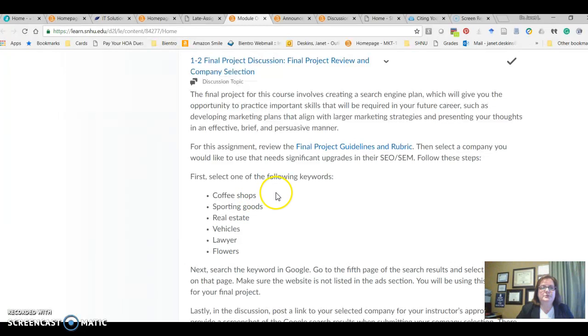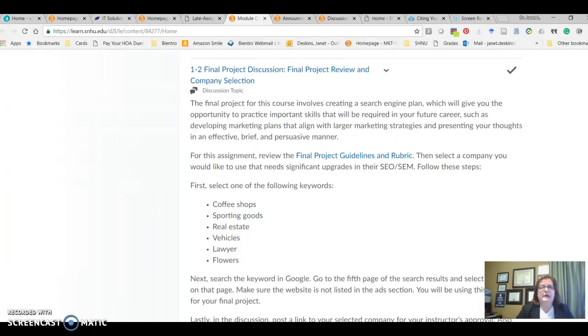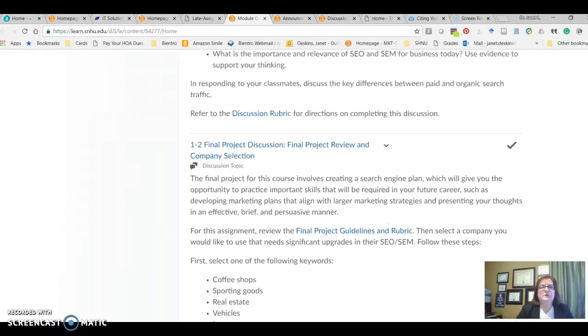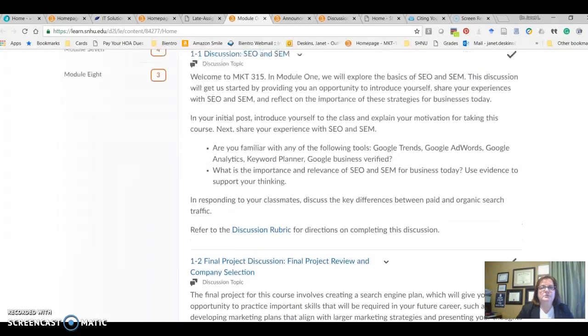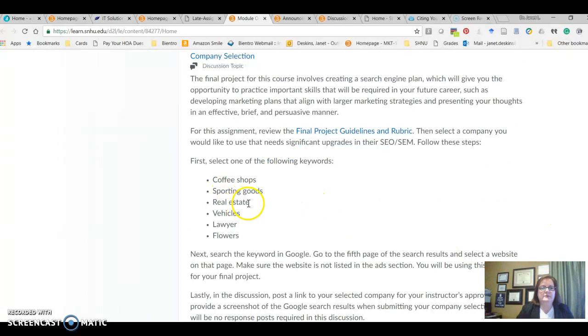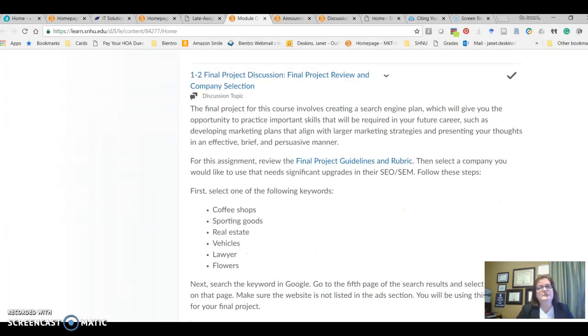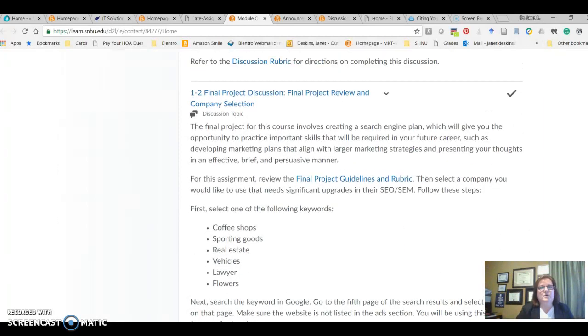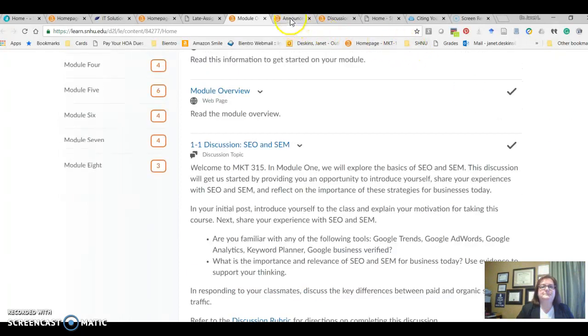As you search on Google, if you decided to pick real estate, once you start searching, you're going to stay with that real estate company and talk about it throughout most of the course. The reason is that we want you to see how you're going to use Google to search, and where the real estate company you select falls on that page. It'll need to be somebody that's on page 1. We'll talk about that more in the class.